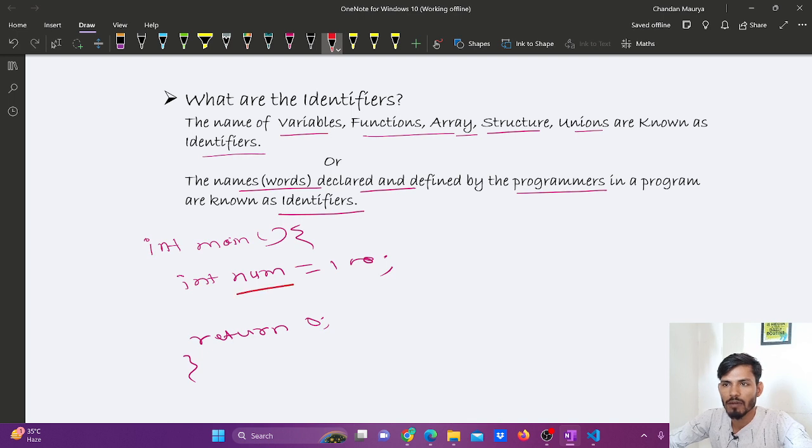The name of variable is num, which is an identifier. The name of function is main, which is an identifier. So the name of any variables, any functions, array, structure are known as identifiers. This identifies something. If I am declaring any function like this,